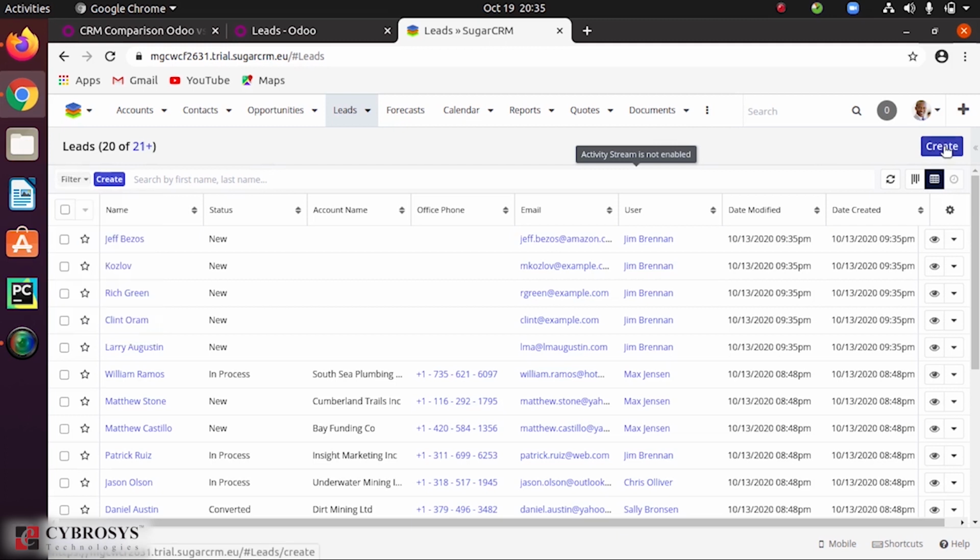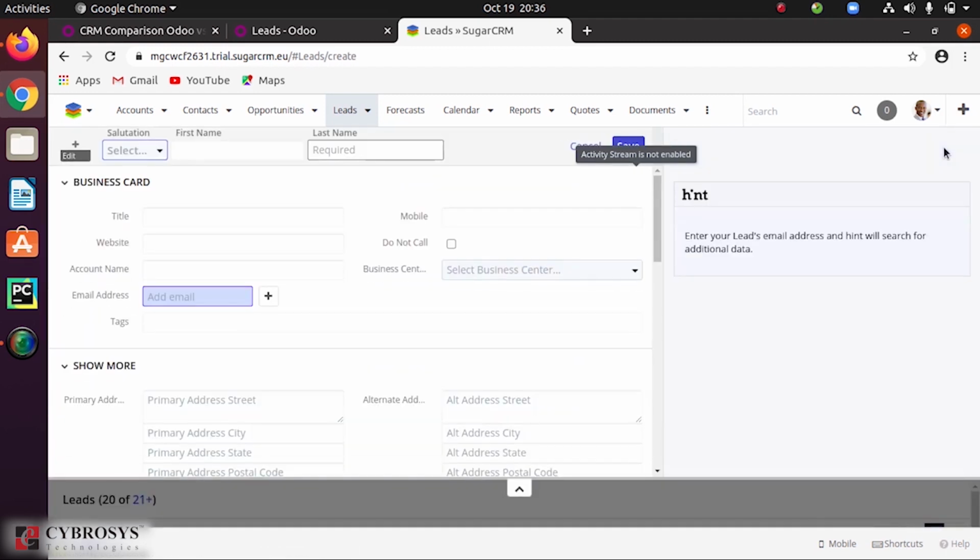So let's click on the option called create. When you click on this, you can see a pop-up or a page comes, where you have the option to provide the first name and last name. So let's create one.